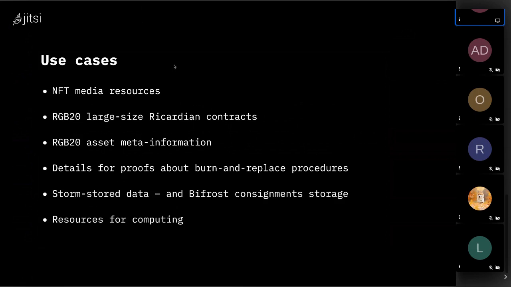Another important thing is that because you can have a confidential state in an RGB contract, you can make this ID hidden or confidential, because at the end of the day, you have the same procedure as you hide the rest of the state. So this identifier will be hidden until you are the owner of the UTXO. So those who see the history of the contract wouldn't be able to see which content was owned by this person. Additionally to that identifier, there will be an encrypted form of the content, and of course, for